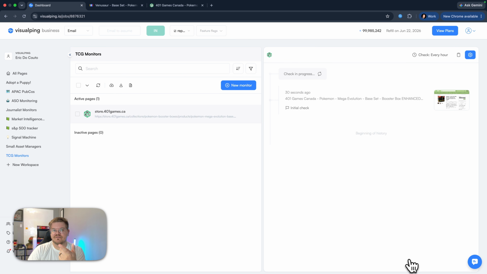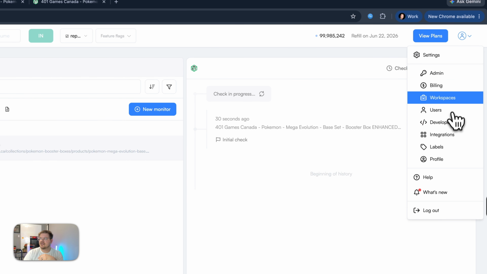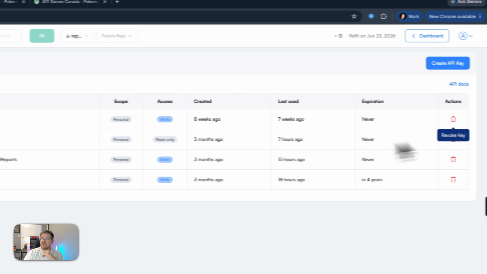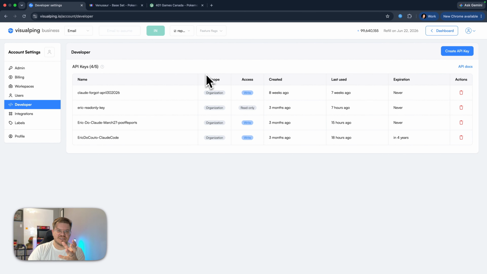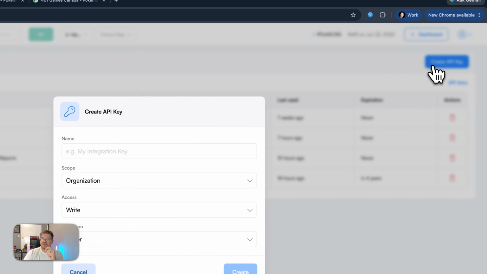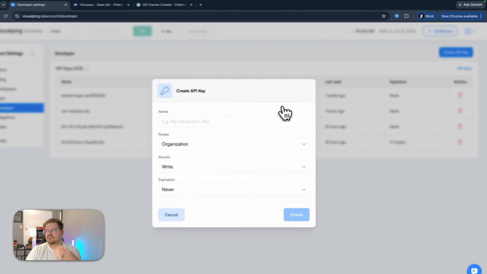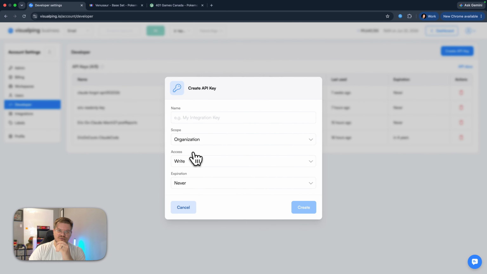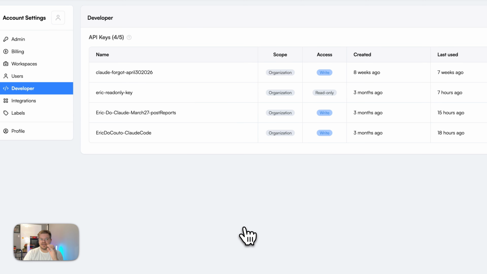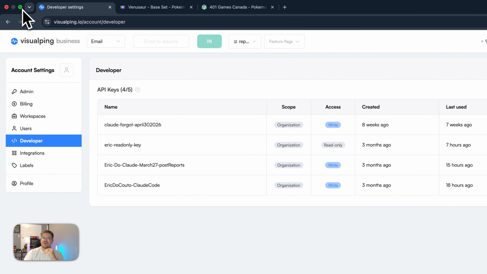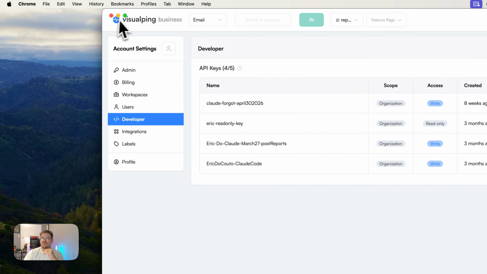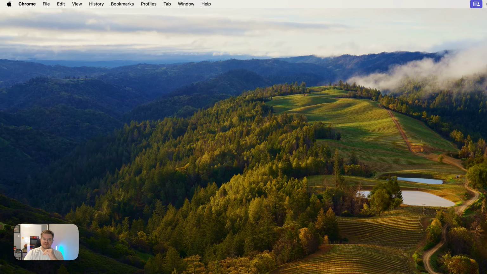Well, when you sign up for Visualping, even with the free account, if you go into the backend and you go into the developer spot, you'll see here what are called API keys. Once you go here and you can create a new key, you give it a name, and in this case you can sort of use the default settings, you're going to get an API key that actually is just for your account. And there's no limits on API key usage,